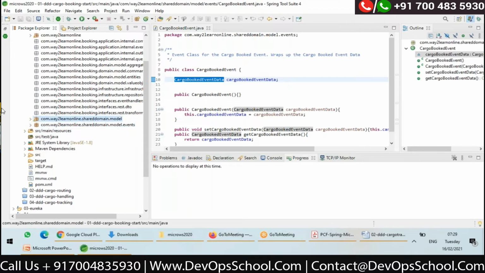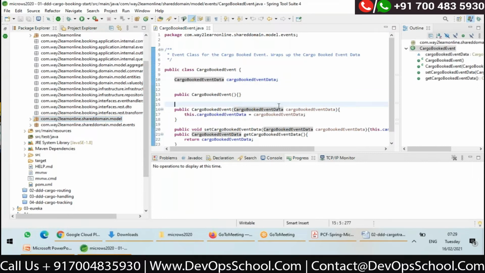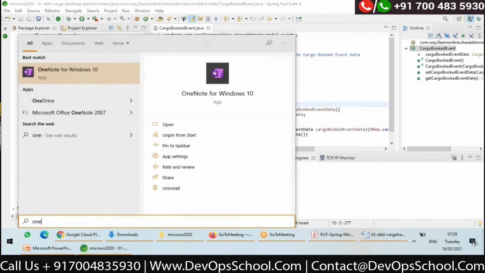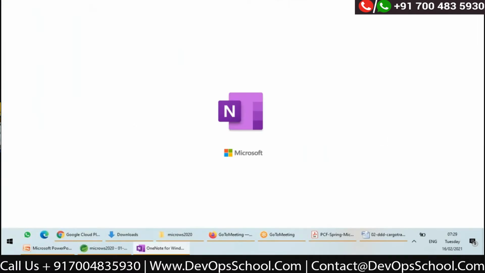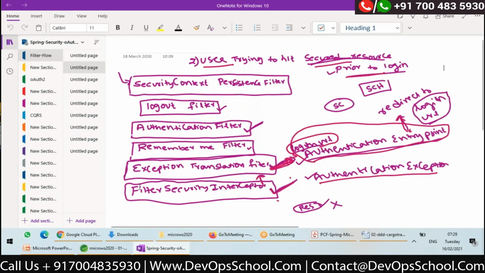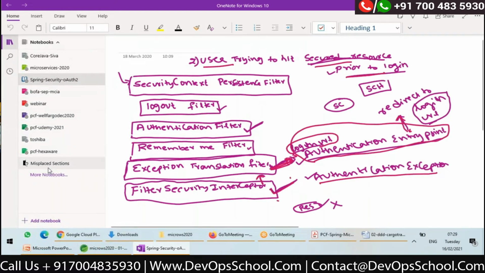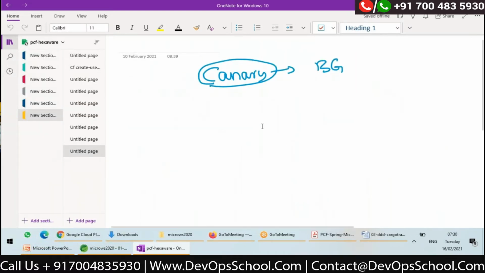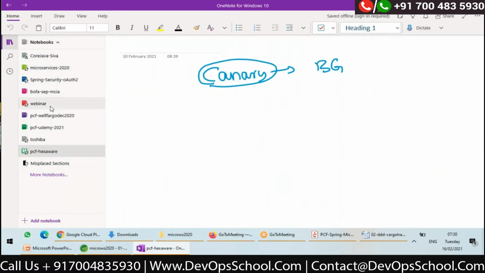So maybe first thing when you're designing your bounded context, try to avoid shared domain model. Why? Because if you are using shared domain classes in bounded contexts, if in one of the bounded contexts that domain model is modified, that will corrupt the domain model of others, right?